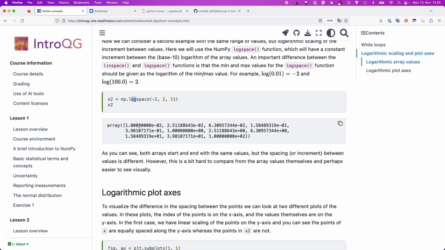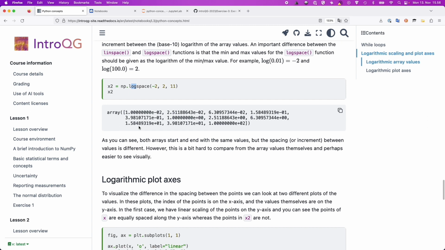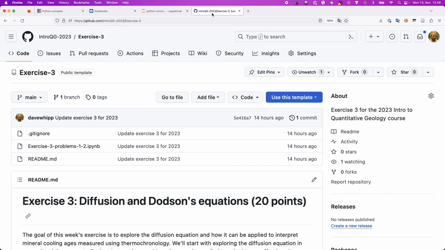It will result in nicer looking plots if you do that when you have a log axis. But I'm just going to leave that there for you to have a look at on the course page. You can refer to that when you work on the exercise. But in the remaining minute or two that we have, I would like to quickly show you this